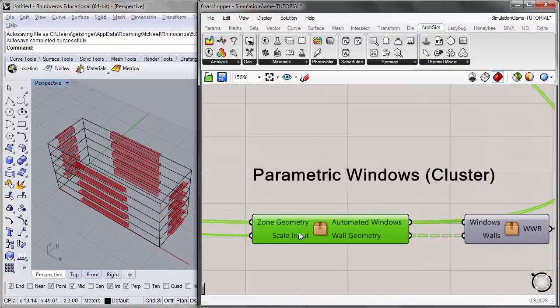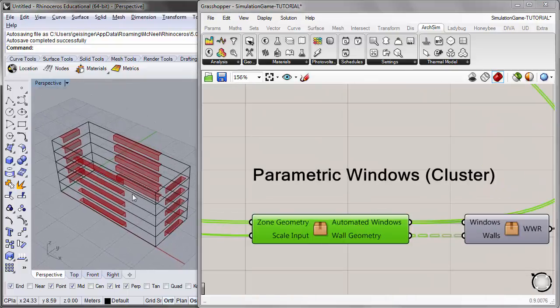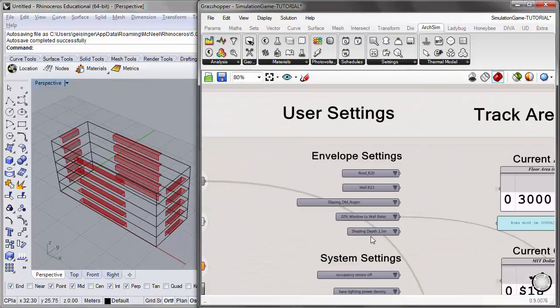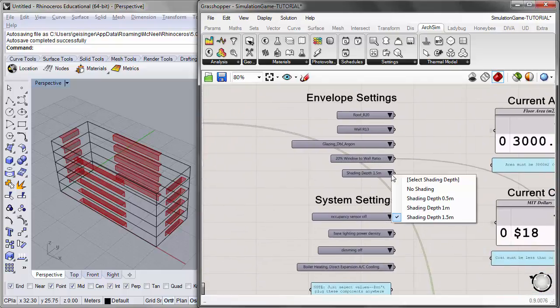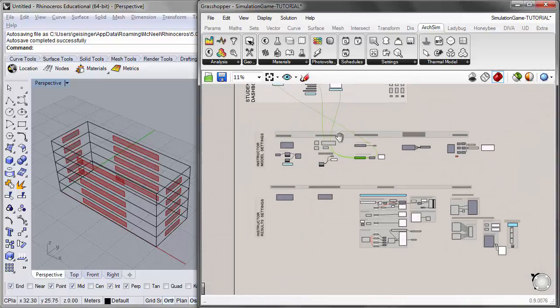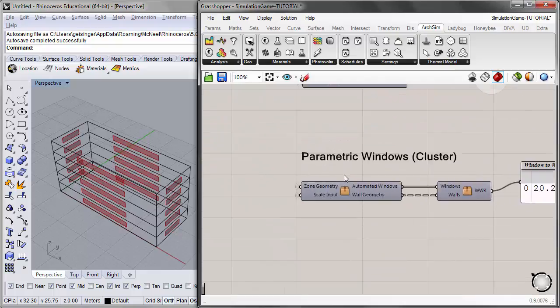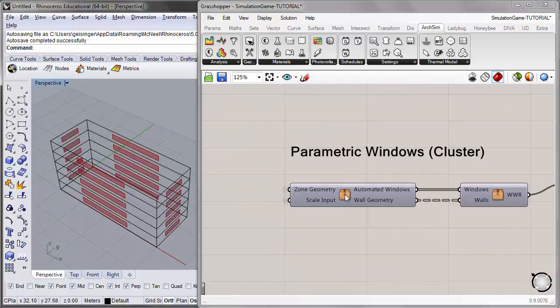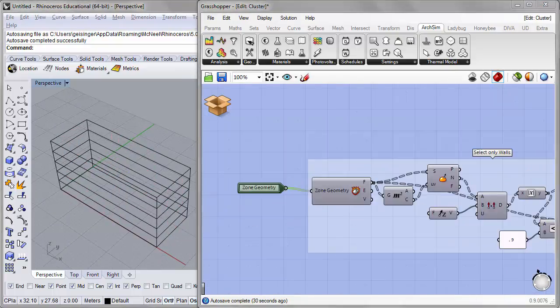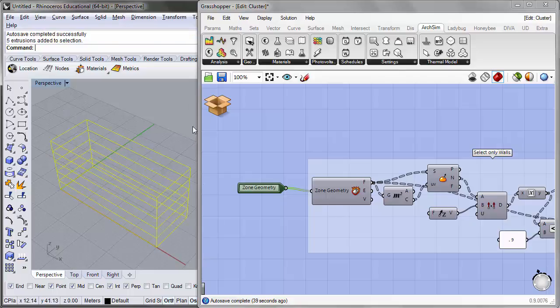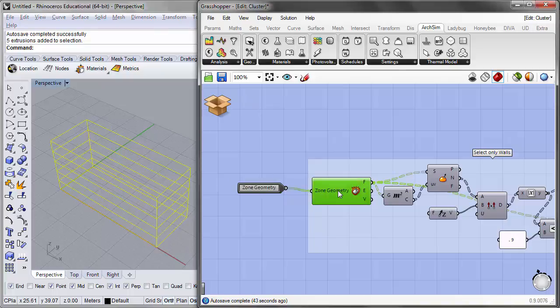First, we actually have to create windows, and I'll turn off the shading for now. And so in order to create windows from pure geometry, I'll double click on this cluster. So the first input is actually the zone geometry itself. And so the geometry that we create for our model that we input in the zone geometry container in the student dashboard gets input directly into this container. And then we use a series of